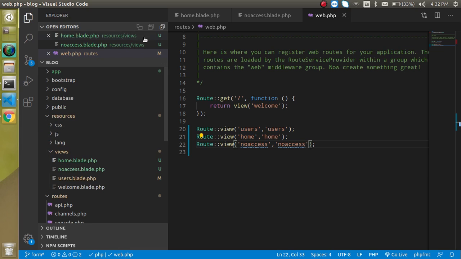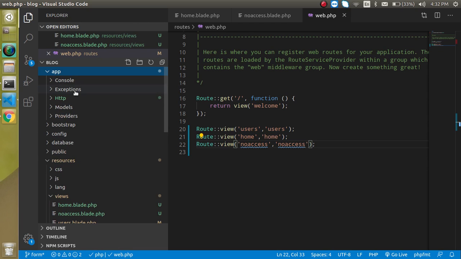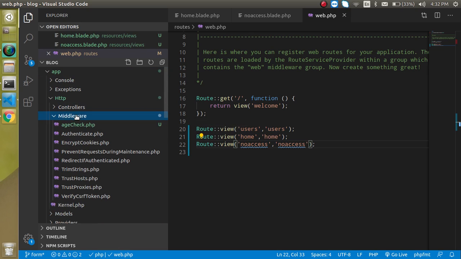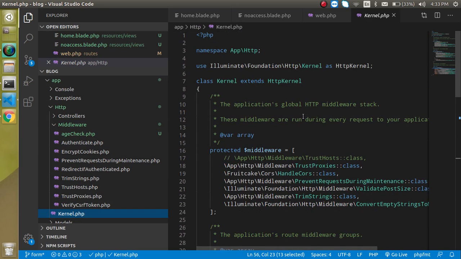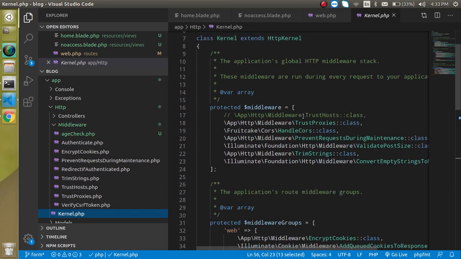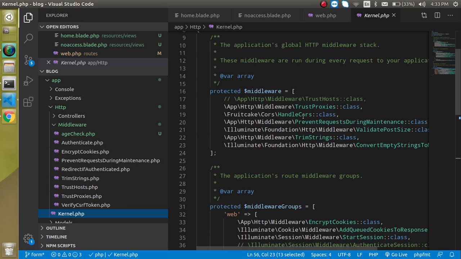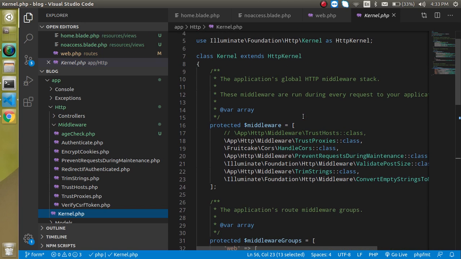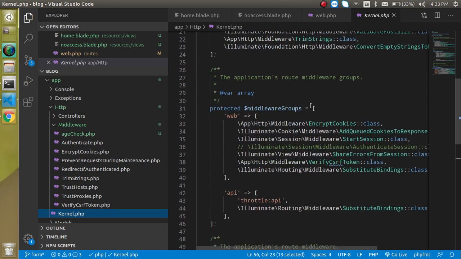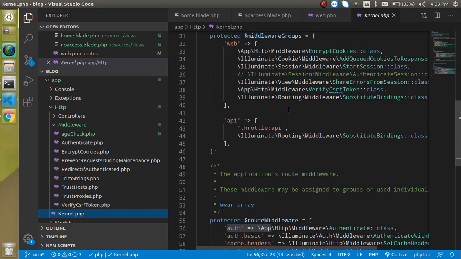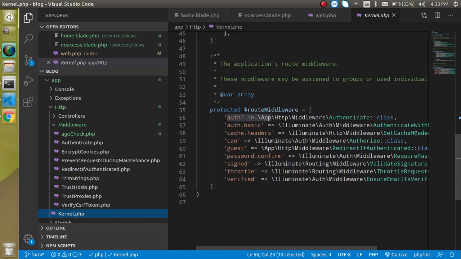Let's go to app, inside the Http and Middleware. Here you can see our middleware. So let's register it in the Kernel.php. You can see in the previous video we registered this middleware in the global and then grouped. Now this is the route middleware, so we'll register it in the route, right?